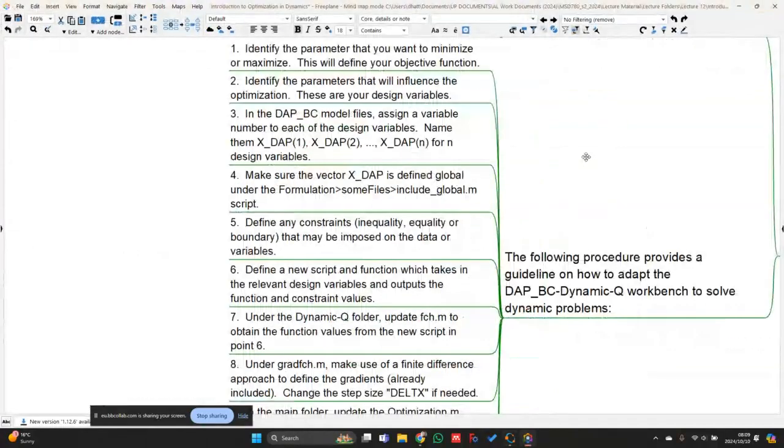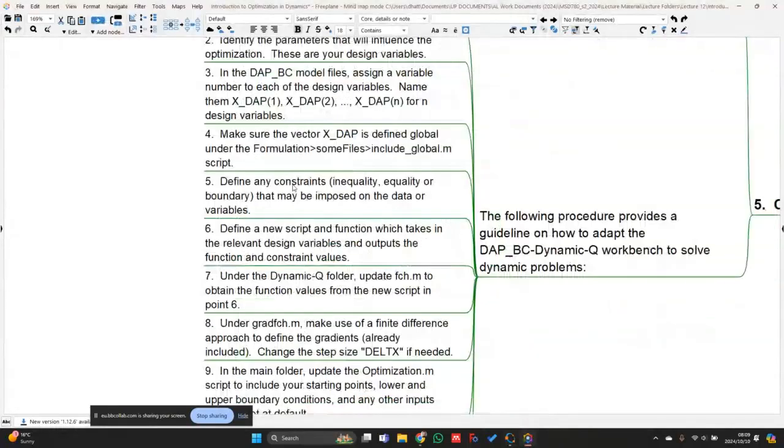All right, then for step 5, we want to define any constraints, whether it be inequality, equality, or boundary conditions that may be imposed on the data or the variables. We also define a new script and function which takes in the relevant design variables and outputs the function and constraint values. So essentially we want some sort of a transition script where we, for example, let's say we want